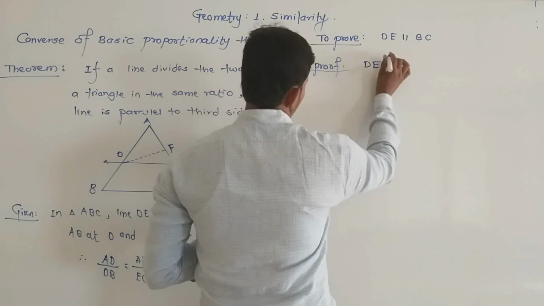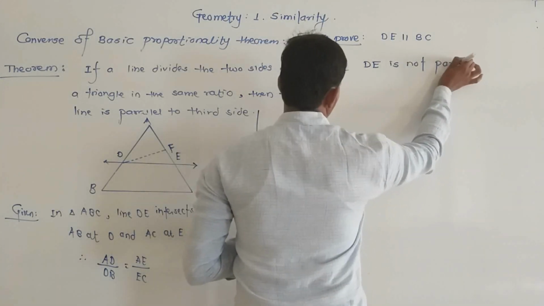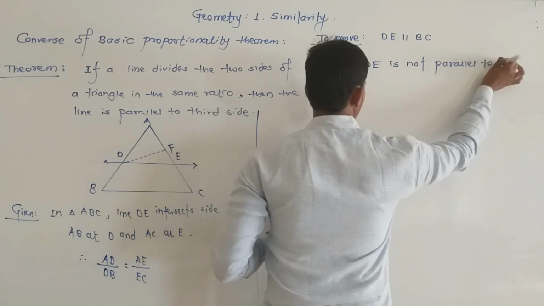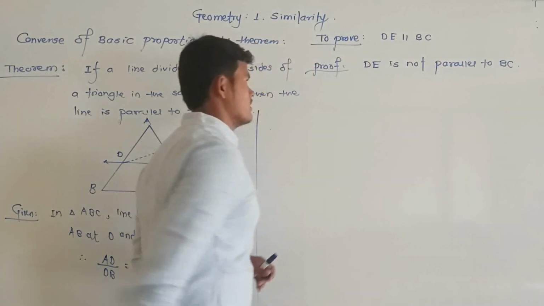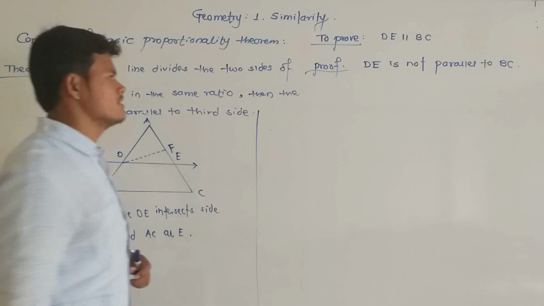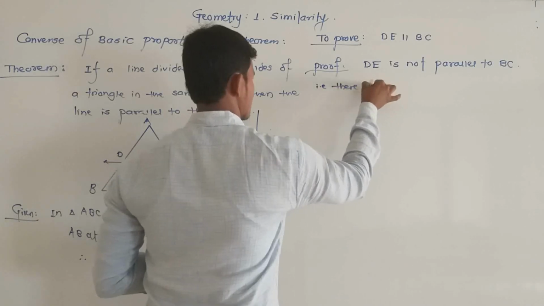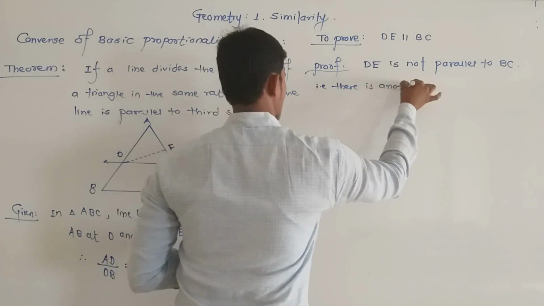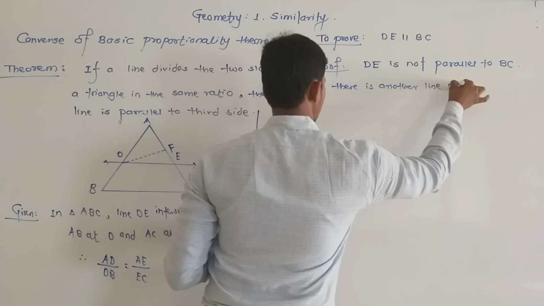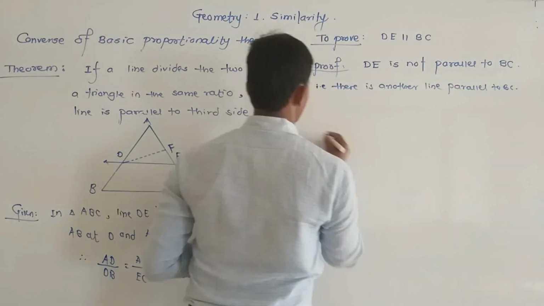By indirect proof, DE is not parallel to BC. That means there is another line parallel to line BC. Therefore,